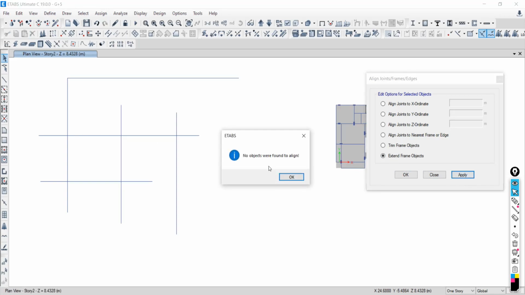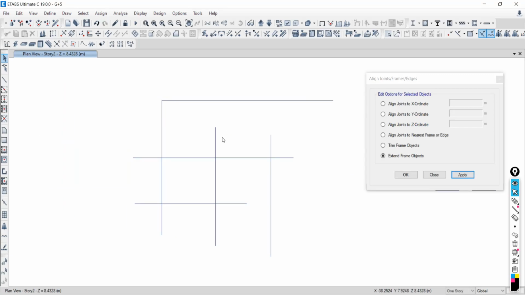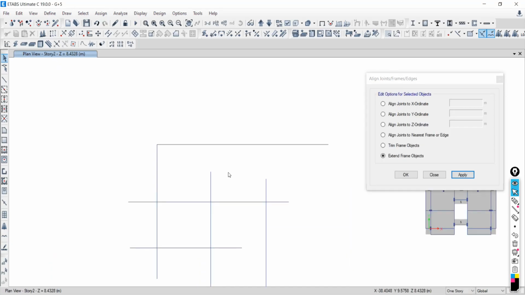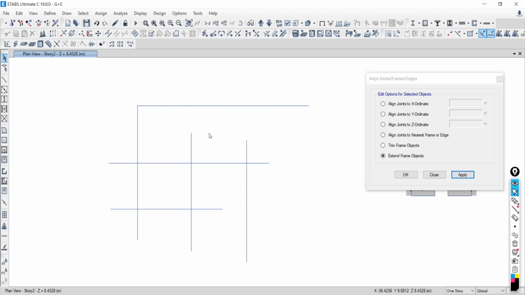Was anything executed? No, sir. Why? Because the joint is not selected. Exactly. The software is confused about which joint, about which end it has to extend the element.